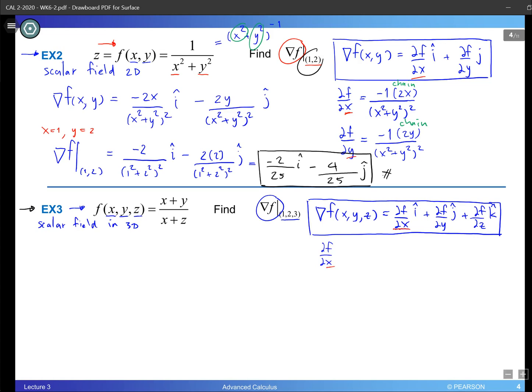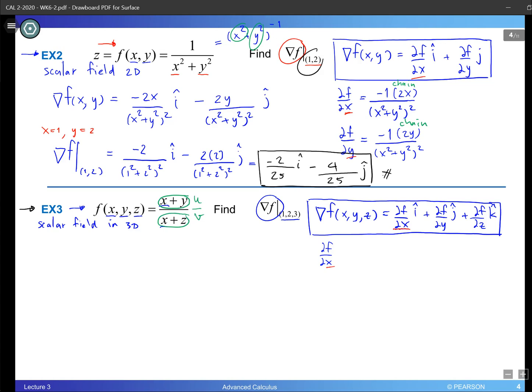Now let's take a look at the locations of x in this function. As you can see here, we have 2 locations of x, one at the numerator right here, and another one at the denominator, which means that we are supposed to apply the quotient rule to this, because we have a term right here with x in it, and we also have a term right here with x in it. So we have a quotient of two terms with x. So this is u divided by v, and we want to diff this, we need to apply the quotient rule,